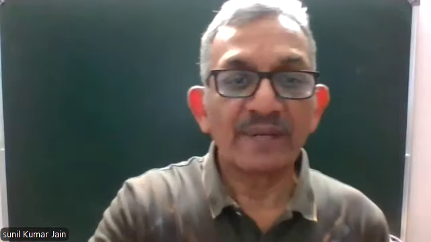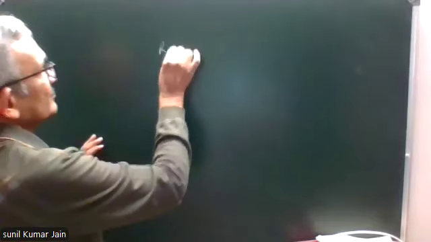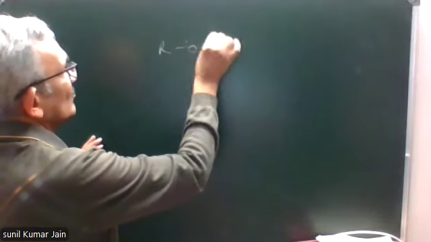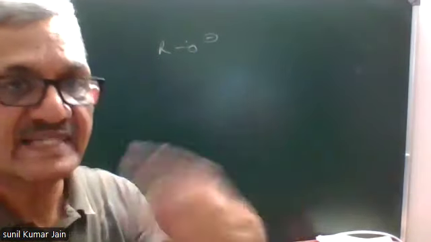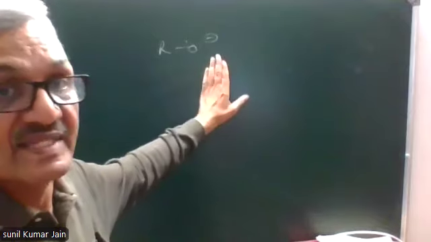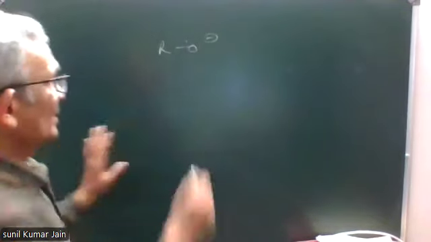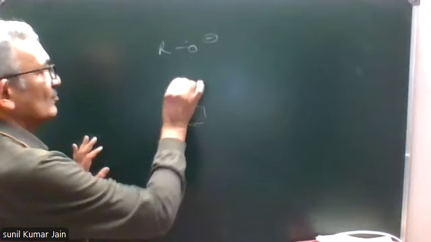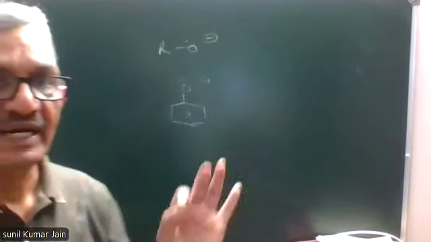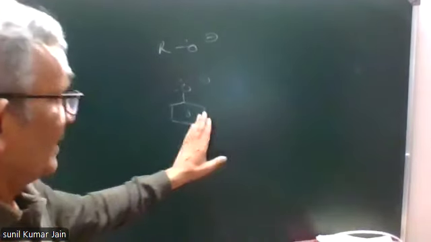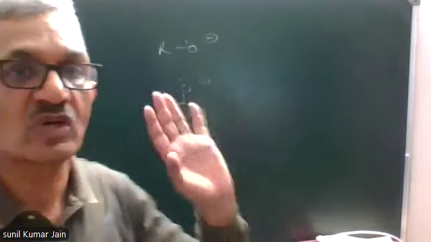Now, I'm giving you one more reason for comparison of acidic strength of alcohols amongst themselves, comparison of alcohols and phenols. First, I'll explain. After that, I'll dictate. Look here. Alcohol, after releasing hydrogen as H plus, will give this ion, which is called alkoxide ion. Phenol, after losing hydrogen as H plus ion, will lead to the formation of this ion called phenoxide ion.